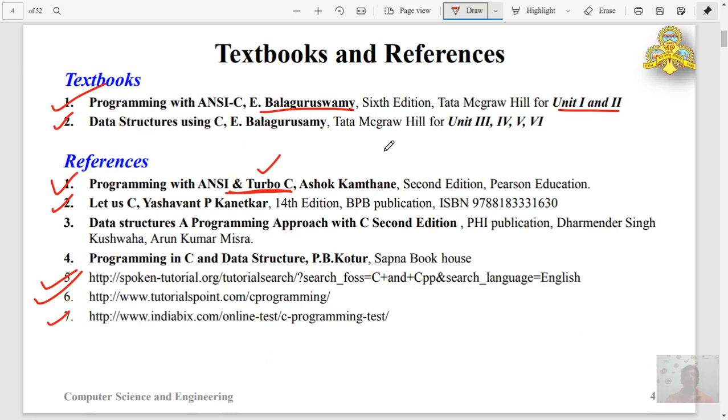The GCC compiler, that is GNU Compiler Collection, does not have any support for the oldest C compiler features, that is, some additional functions which are present in Turbo C. So take note of this point when referring to old books. It's better to refer to recent editions of the textbooks on C programming and data structures.